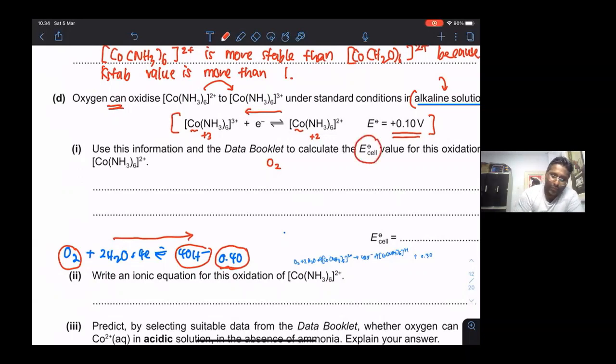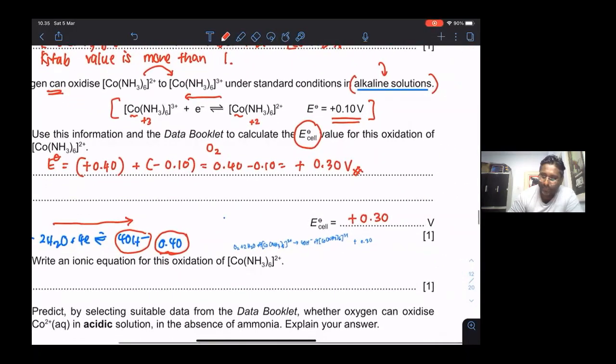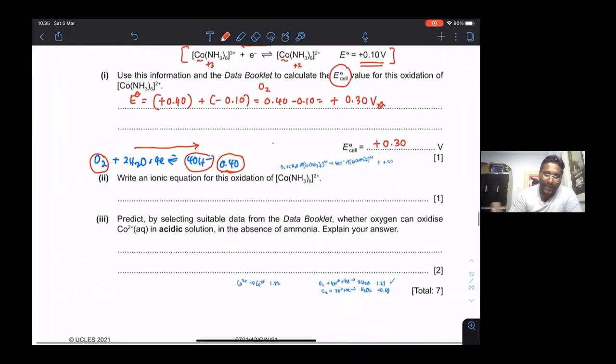If it is going to go forward, then it's plus 0.40. And this one is going to go backwards, so it's going to be plus negative 0.10. That will give you your E cell value, E standard. So 0.40 minus 0.10 is going to be positive 0.30. That is going to be the answer. Make sure you write down positive, very important. So positive 0.30. Write an ionic equation for this oxidation of